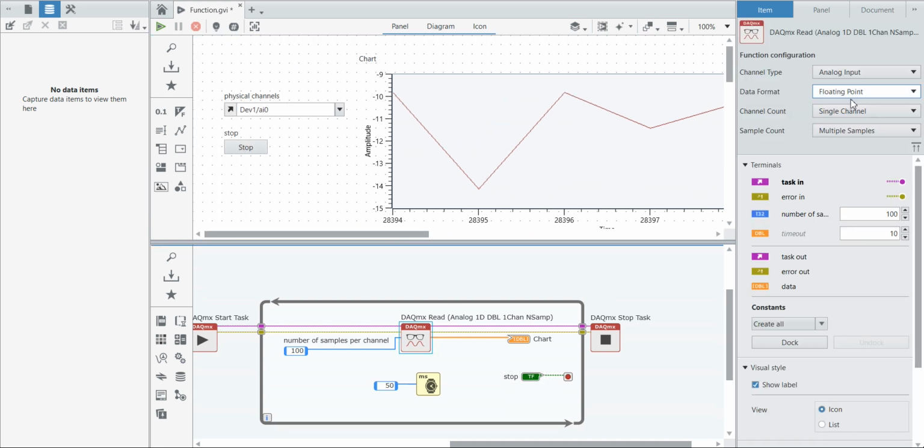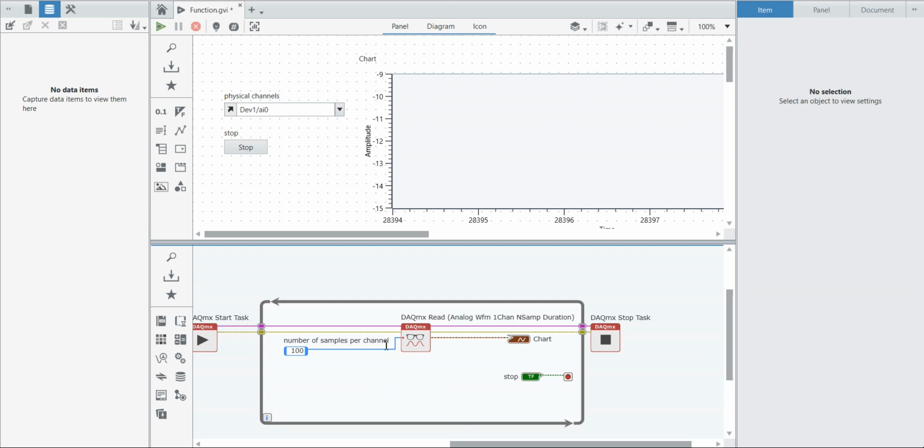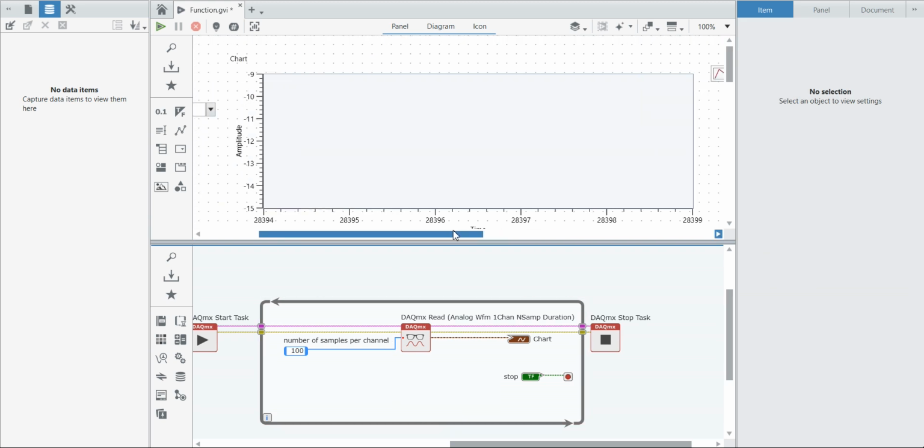Again, I am going to click here, change it to the waveform, delete this one, and try to run.